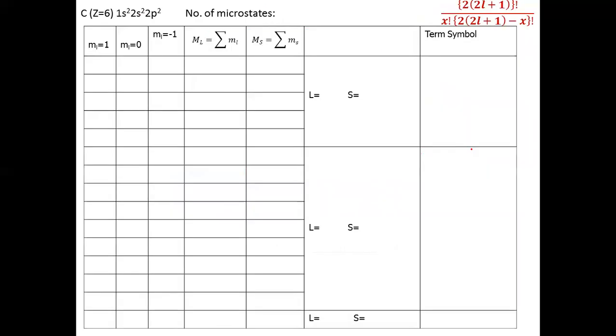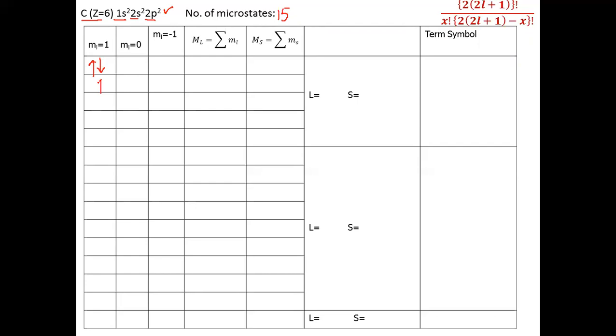Now let us calculate for carbon, which is 1s2, 2s2. This will not contribute any state. It is a p2 system. We know this, we have done it many times. For a p2 system, the number of microstates is 15. Now let us see the different ways in which we can group these 15 arrangements. I will draw them, then we will calculate the values.